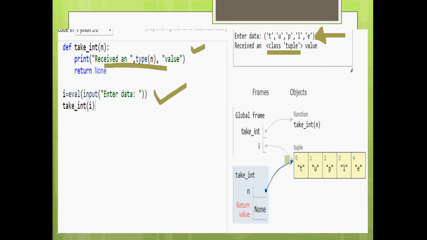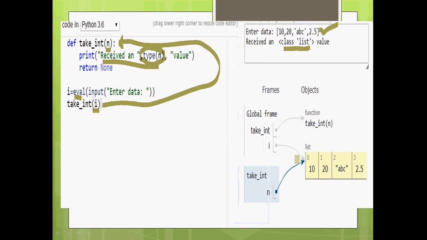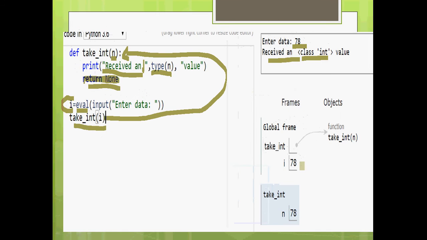So I is a tuple, and n copies the same value. In the previous program also there is this one, and integers are passed like this, and they are not pointed to the same value. They are created separately. This part is separate.